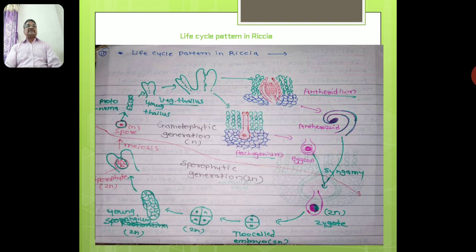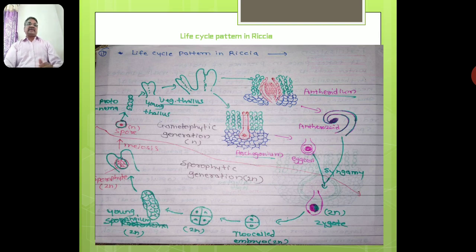By studying this entire life cycle of Riccia, you will be able to see that the life cycle of Riccia passes through typically 2 distinct phases: the gametophytic phase and the sporophytic phase. For example, in the figure you will find the gametophytic phase, which starts from the spore germination and ends with the formation of the gametes. And the major physiological phenomena which happen in this phase, for example photosynthesis, respiration, etc., all take place in the vegetative thallus, and the vegetative thallus is haploid because it develops from the haploid spores. So the gametophytic phase is the dominant phase in the life cycle of the